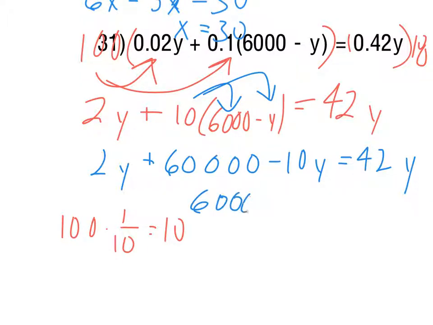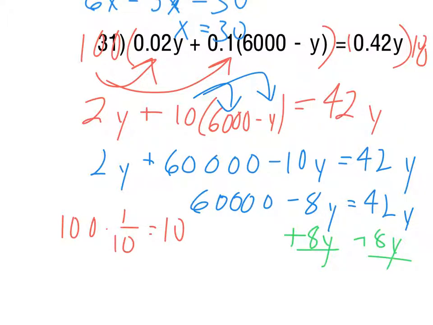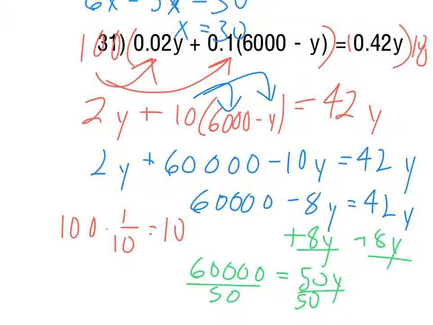So 60,000 minus 8y equals 42y. And then from there we would add the 8y to both sides, which would give us 60,000 equals 50y. Divide by 50, and we get y equals 1,200. I haven't really mentioned it yet with these problems, but of course whenever solving equations it makes sense to